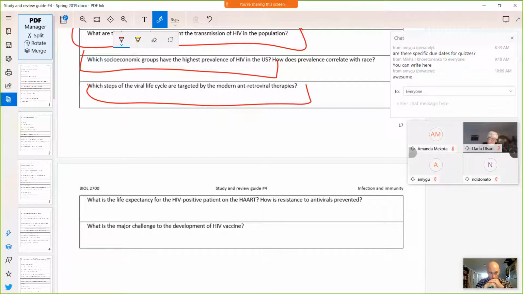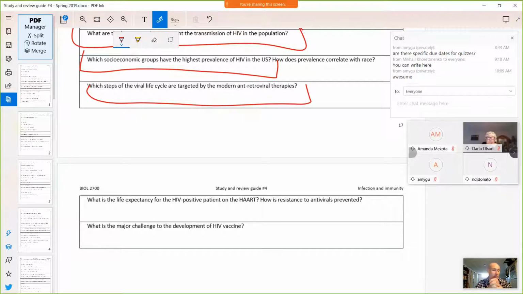And resistance, that's a really important question. How do you prevent resistance to antivirals? HIV mutates very quickly. So in order to avoid resistance, we use antivirals in combination. For the virus, it's fairly easy to evolve and adapt to selective pressure from one drug, but if you use two or three simultaneously, it's almost impossible to adapt. So we change the regimen courses and we use combinations. That's how resistance is prevented.